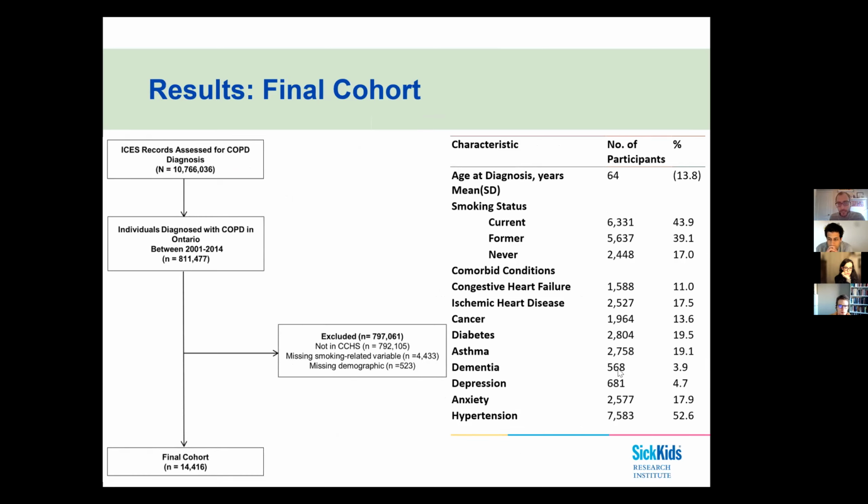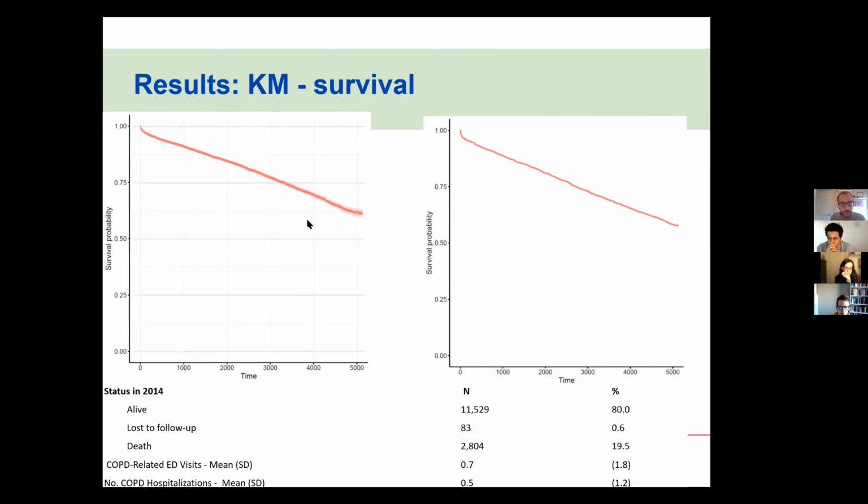And you can see their characteristics on the right, and you can see the vast majority of the COPD patients have either been smoking or are actively smoking. It's a disease that is very prevalent among smokers. And they had comorbidities that were characteristic of that population and that age. So on the right-hand side is the actual data. On the left-hand side is the simulated data, or our model outcomes. So we were happy to see that we could recreate